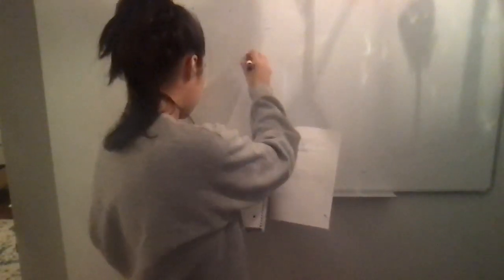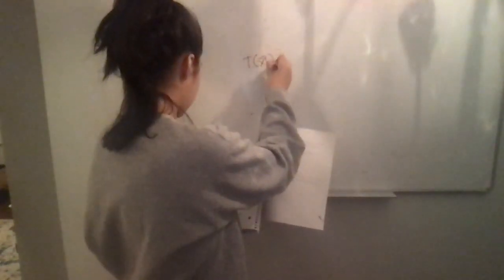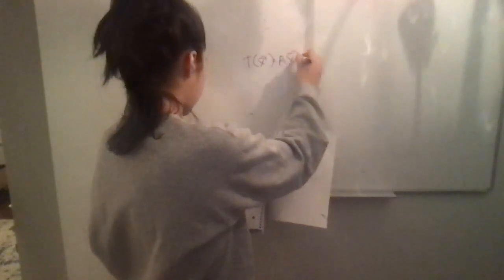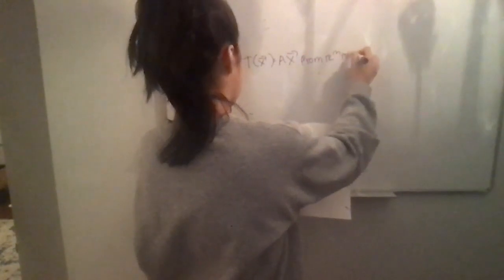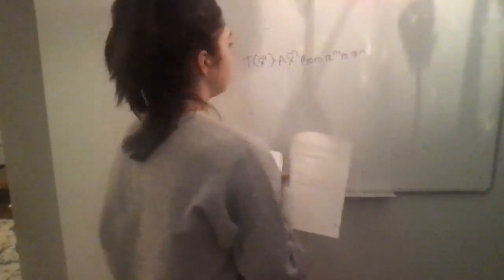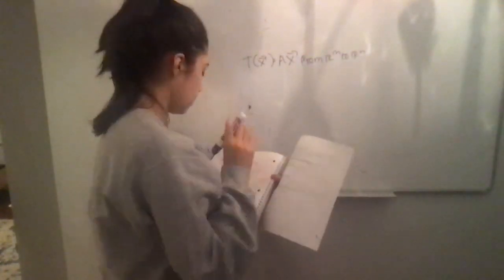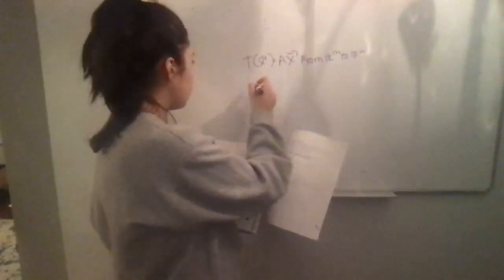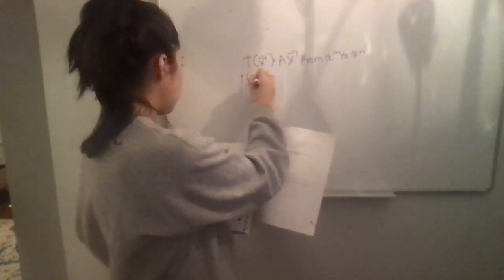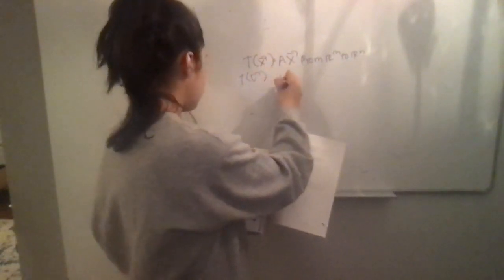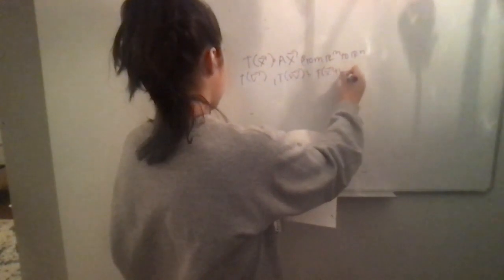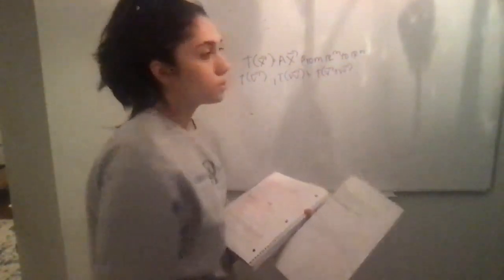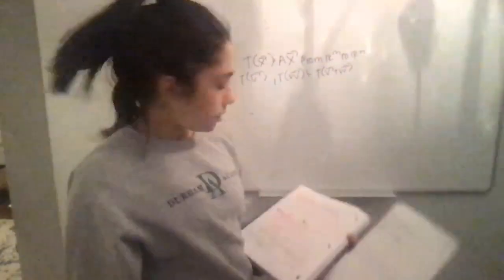We've got a transformation T of x equals A times vector x from, you guessed it, R^m to R^n, right? We want to find the relationship between T of vector v, T of vector w, and T of vector v plus vector w. So the first thing I want to point out to you is that this is directly trying to get you to think of theorem